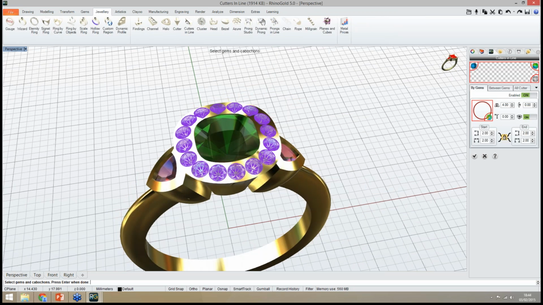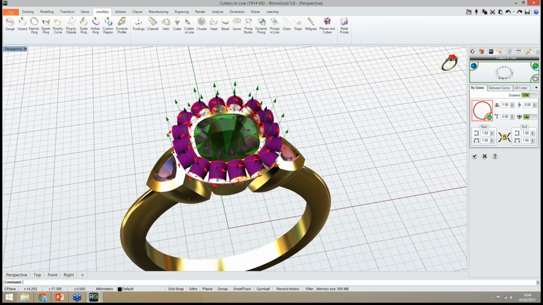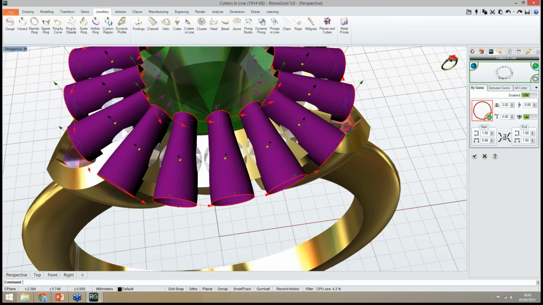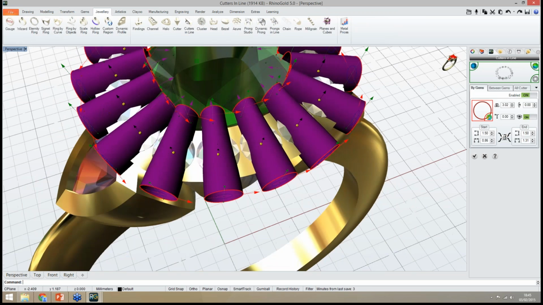As you can see, I select the gems and I just need to define the cutters parameters. One of the new options is that I can define tapered cutters, so easily I can adjust the cutters from one side and from the other with different parameters.